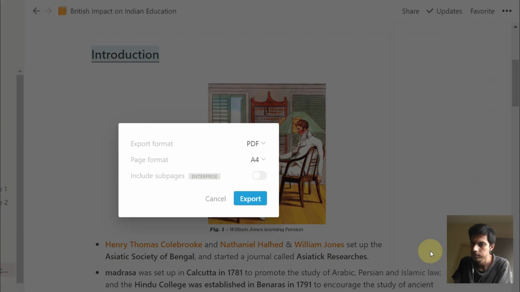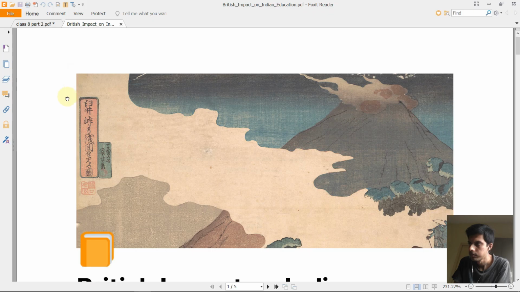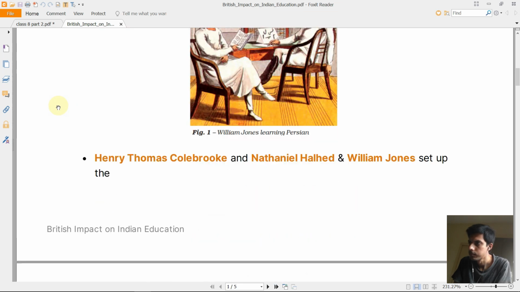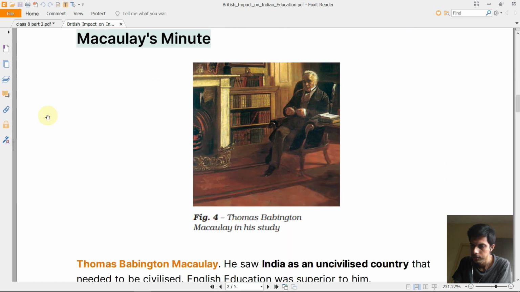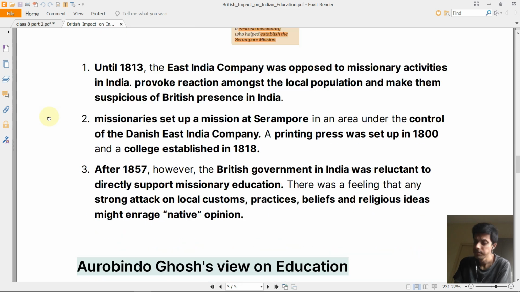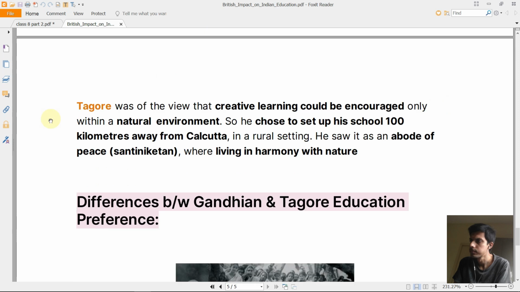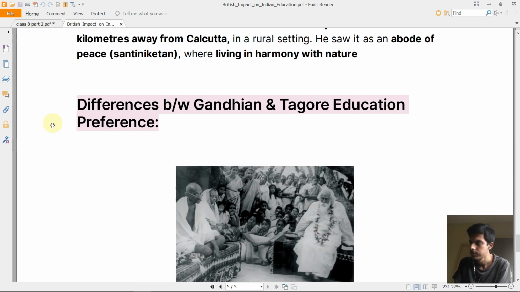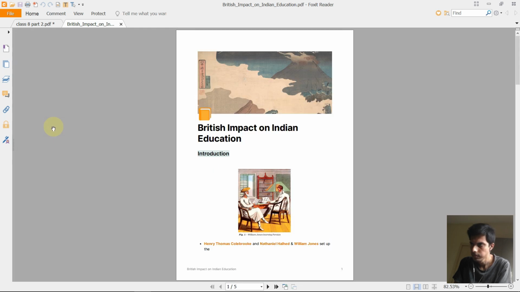You can go to this tab here, export, and then PDF A4 size and press export. And this is how your note will look when you print it out in the A4 sheet. It has very good page numbers, the topic name, all the images are there, whatever content you have selected is there. See how nice it looks. So if you ever want to print out your notes, you can easily do that and it looks as good as a textbook. The fonts, the images, the highlights, everything is perfect.